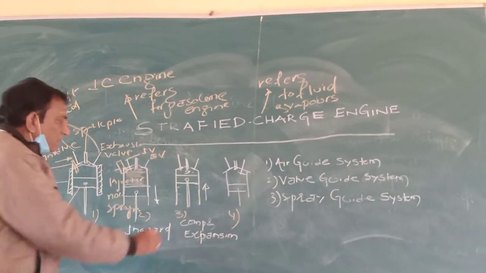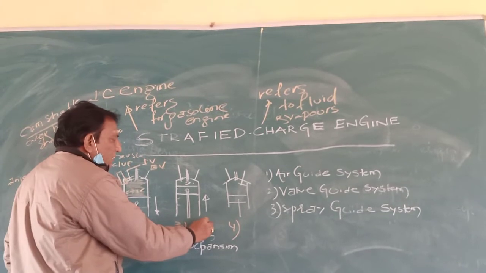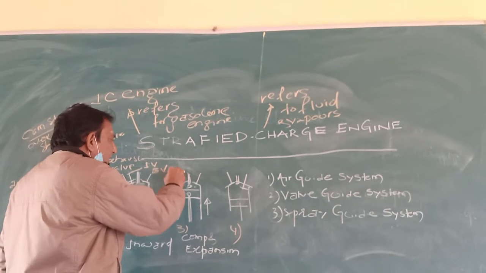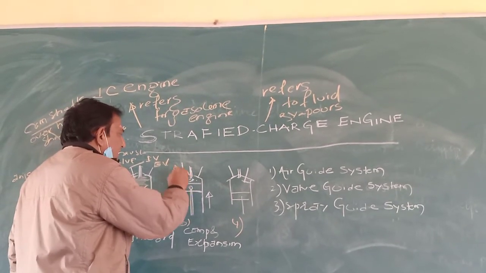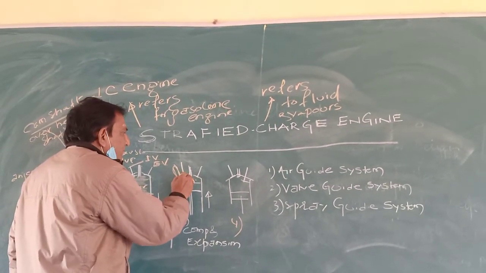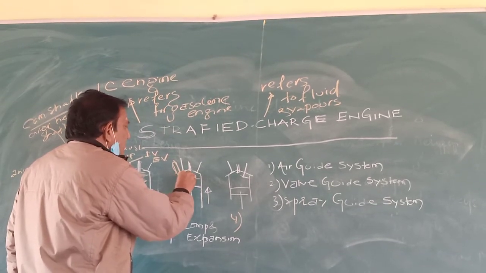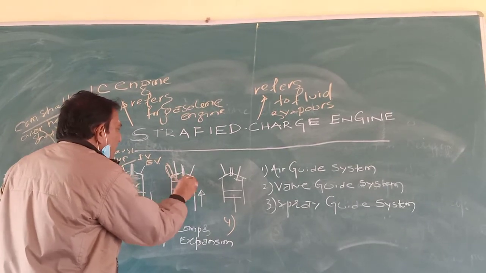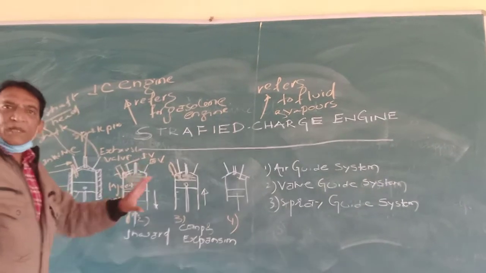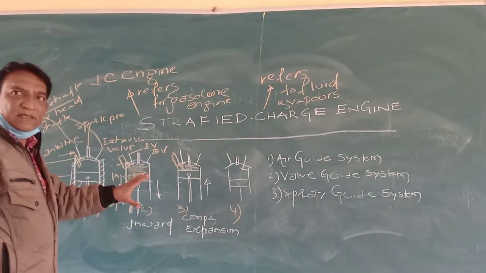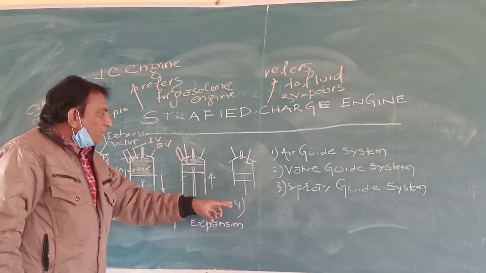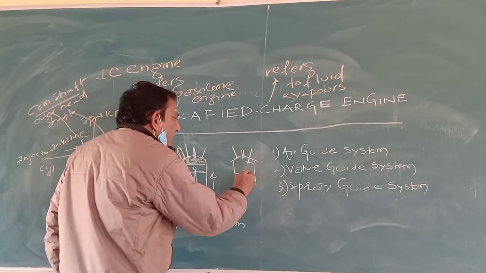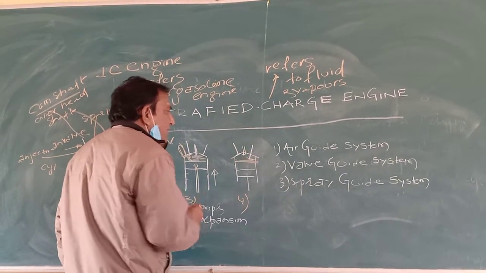Right? So in the third figure, the compression starts. The piston moves from bottom dead center to top dead center. As a result, you can see here the injector starts to spray. The whole mixture here gets compressed with the spray particles. In the fourth figure, you can see the piston moves still forward to the top dead center.